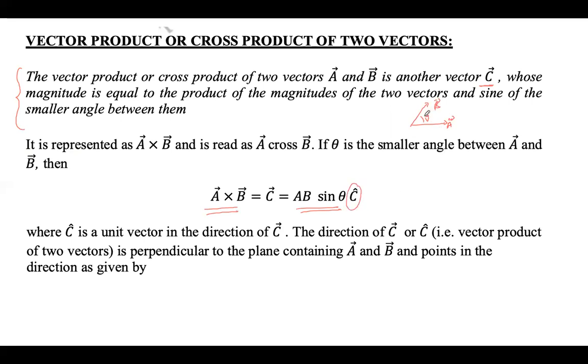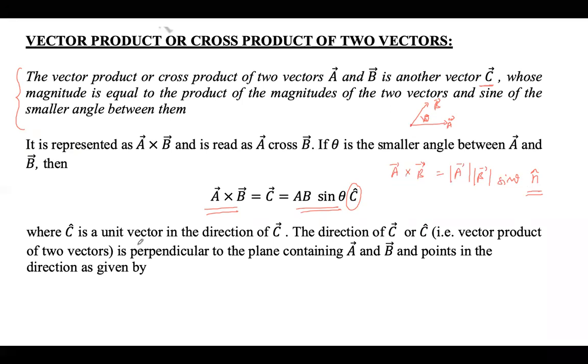The direction of the vector which is the cross product of A and B is perpendicular to both A and B. That means it will be in a direction perpendicular to the plane. So perpendicular to the screen you are seeing, coming out of the plane of the screen, will be the cross product. So if we write A cross B, it is the magnitude of vector A, the magnitude of vector B, sine of the angle theta between A and B, and n cap. n cap is the direction which is perpendicular to both A and B.